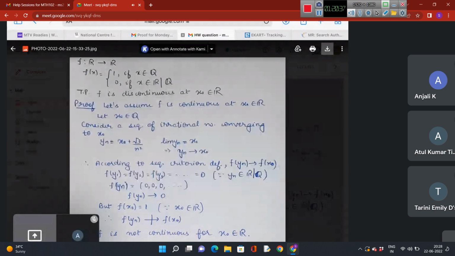So in this question, we were given a function whose output is 1 when x is a rational number, and if we consider x as a rational number, the